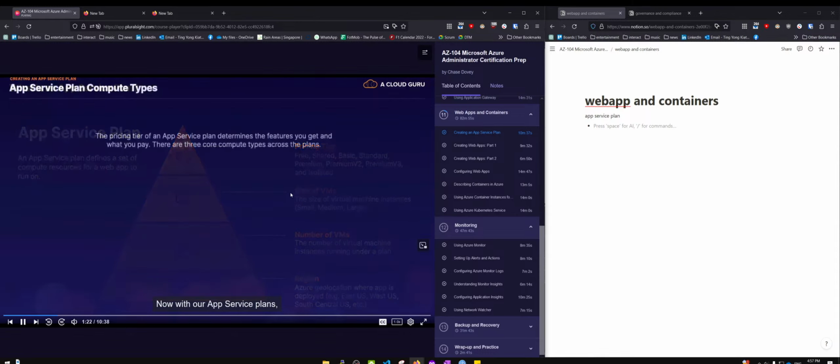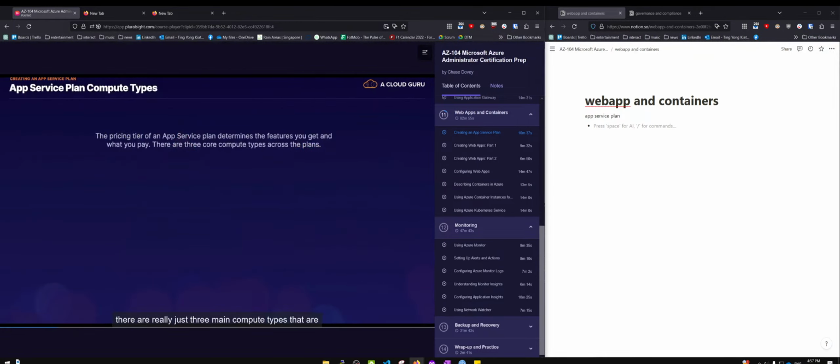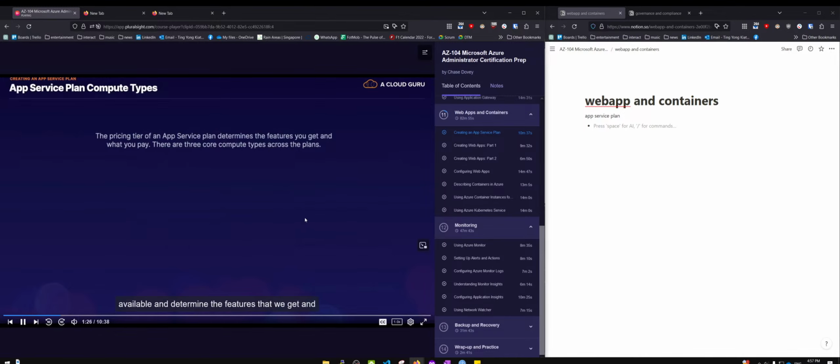Now, with our app service plans, there are really just three main compute types that are available and determined